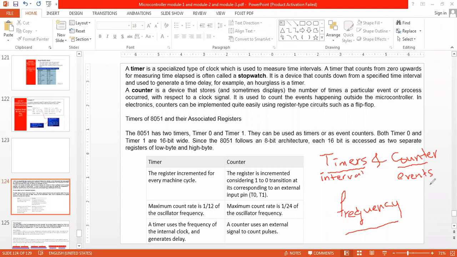Events, whenever events are occurring or whenever any process is happening.